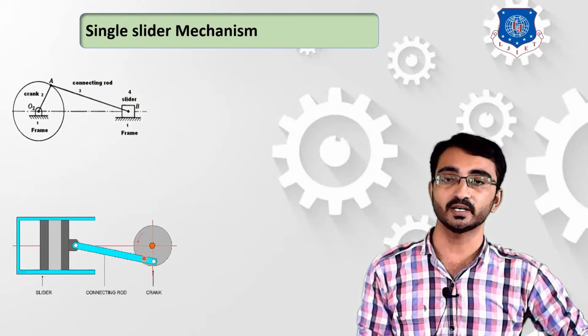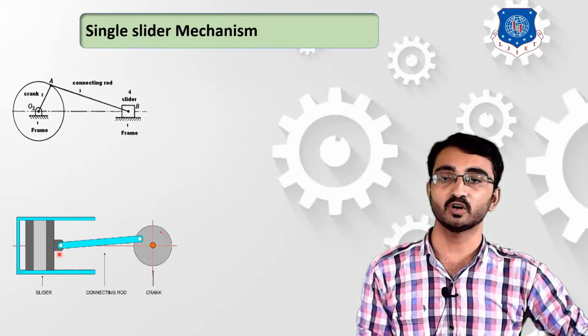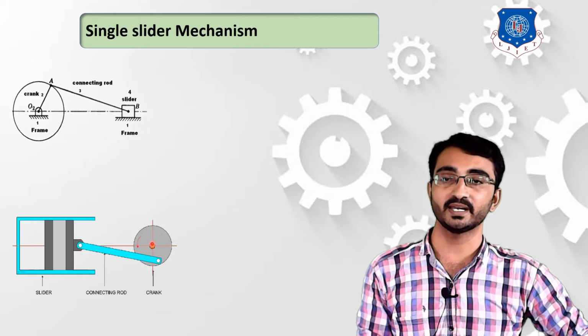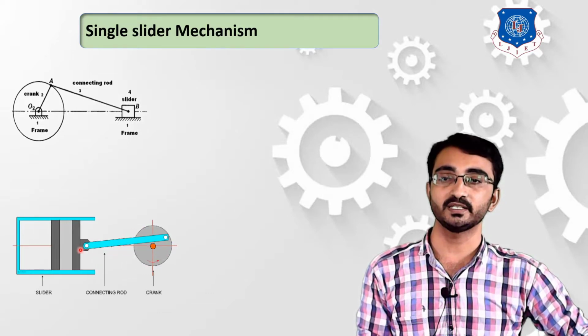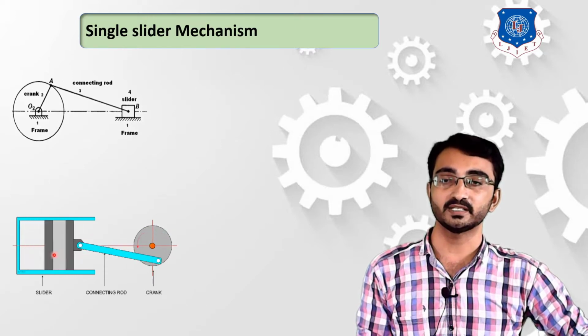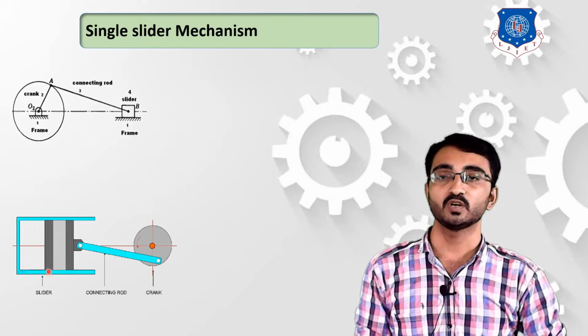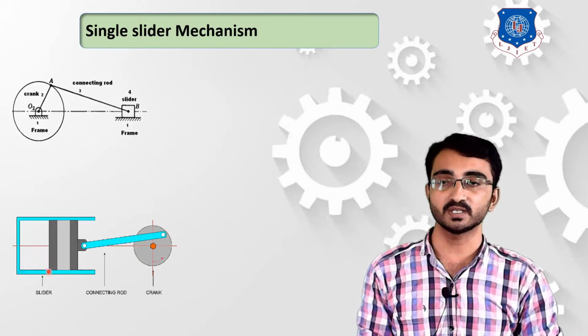Here you can see that the piston is reciprocating inside this cylinder, and the rest of the three pairs, that is link number 1 and 2, 2 and 3, and 3 and 4, are making turning pairs. Link number 4 is connected with link number 1 as a sliding pair. So in this mechanism we have 3 turning pairs and 1 sliding pair.